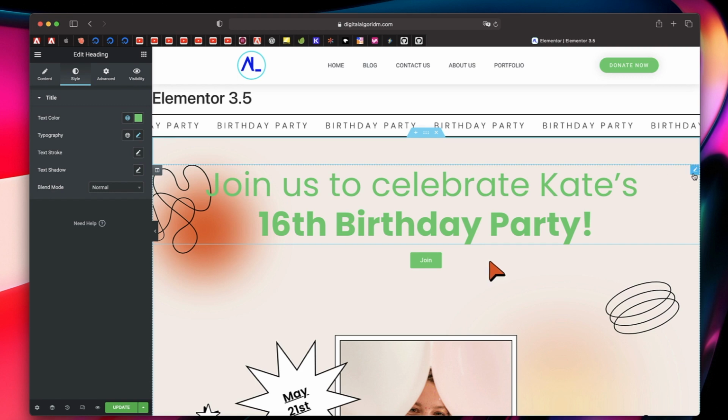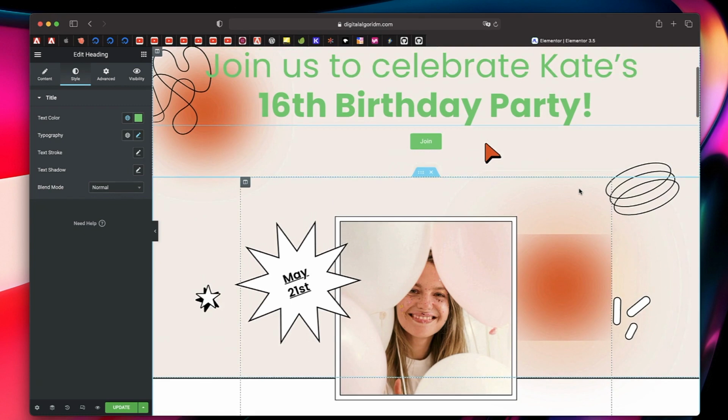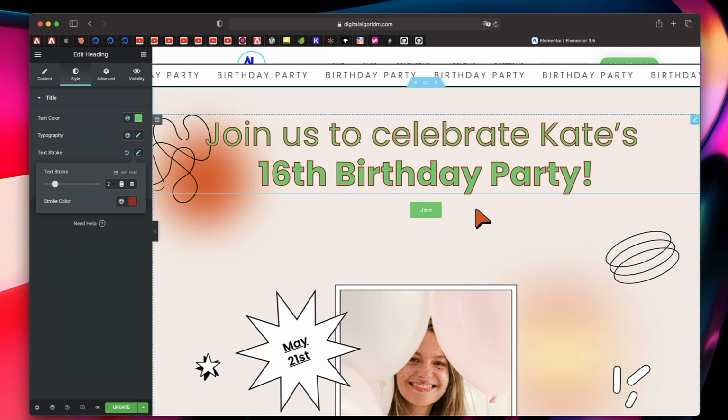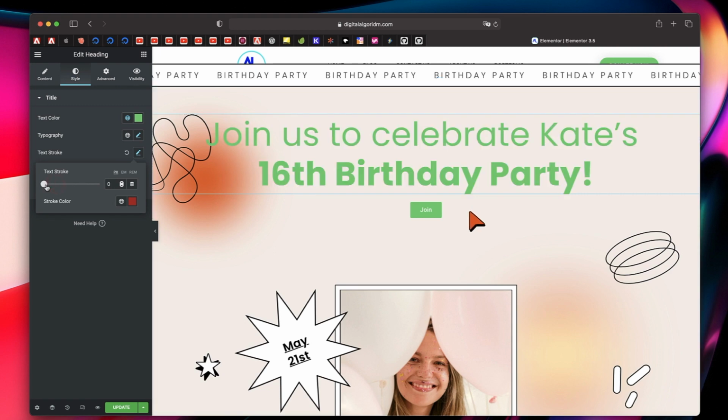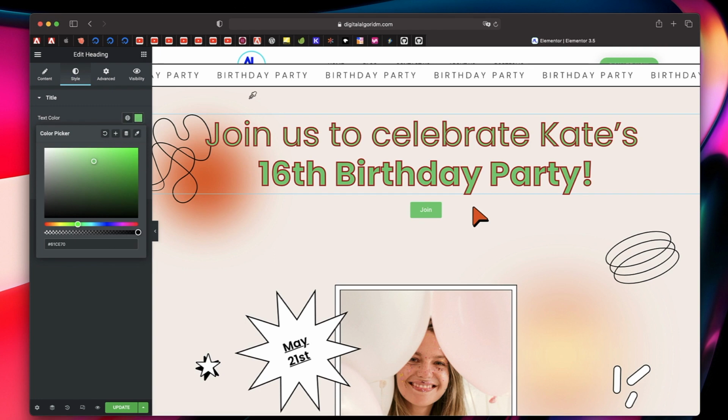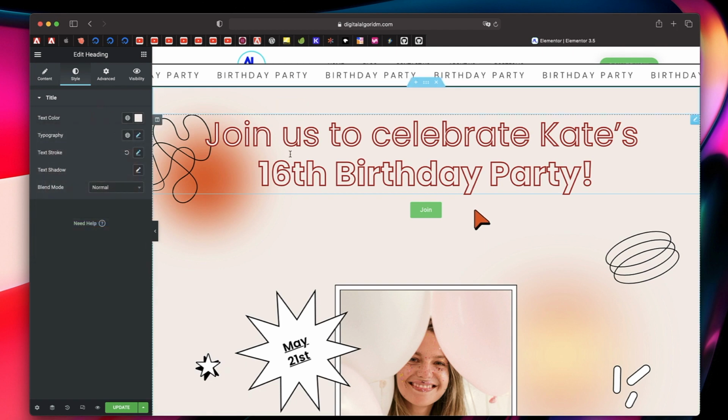So when you click on heading widget or icon box widget, anything that supports this property, under the style tab, you'll find a new option called text stroke. You can click on it and apply a stroke, right? You can control the width of the stroke. As you can see, if I make it bigger, you can see it's more visible. You can also change the text stroke color. The way it's effective is when you give the same color to the text as the background, and that's when the highlight or the stroke color is highlighted. So I'll actually click on text color. I'll click on this color sampler and click here and apply the background color to the text. That way the stroke color is highlighted and it looks really artistic and really cool.